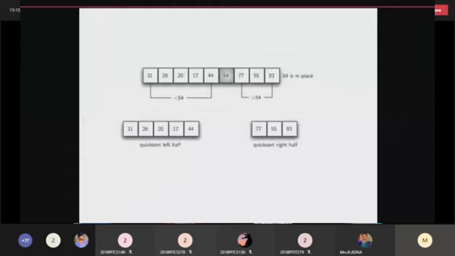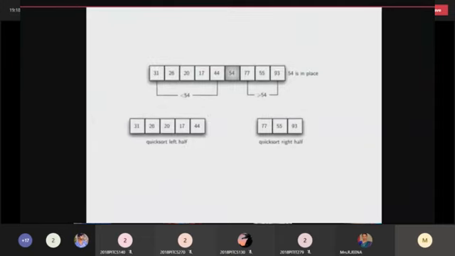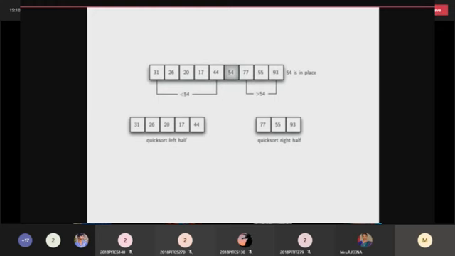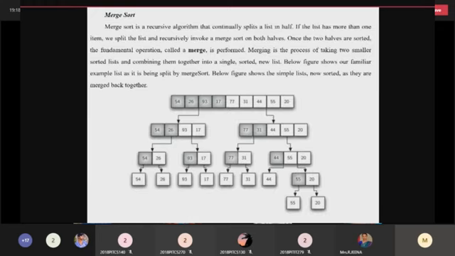Finally, you can get the arranged order. So this is the very biggest one, but it will take the fixed part. The next one is called merge sort. Here you have to apply the divide and conquer technique. Divide and conquer means you have to divide everything into individual pieces of elements.